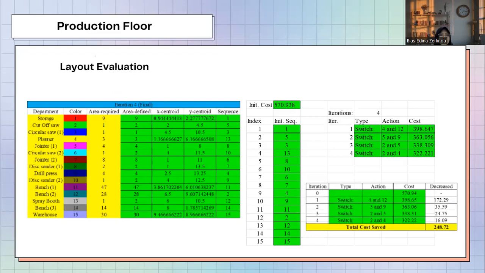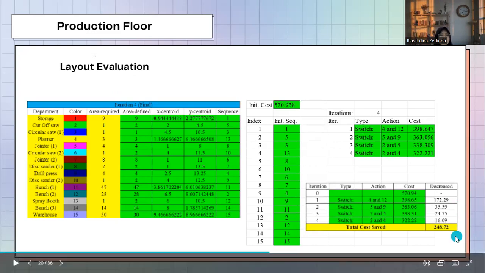After getting the decrease from each iteration, the total cost saved is 248.72. Because the smallest cost value is in iteration 4, the output from iteration 4 will be used for material handling cost calculation using X and Y centroid.